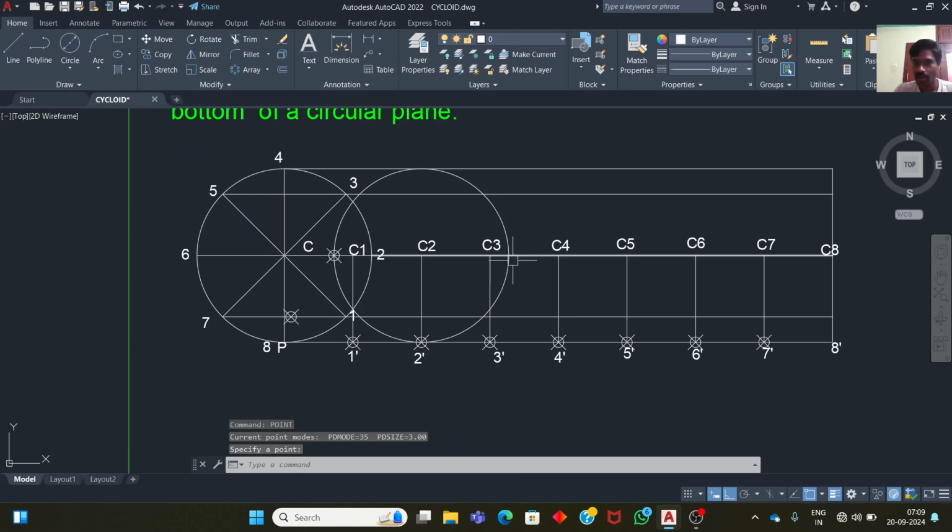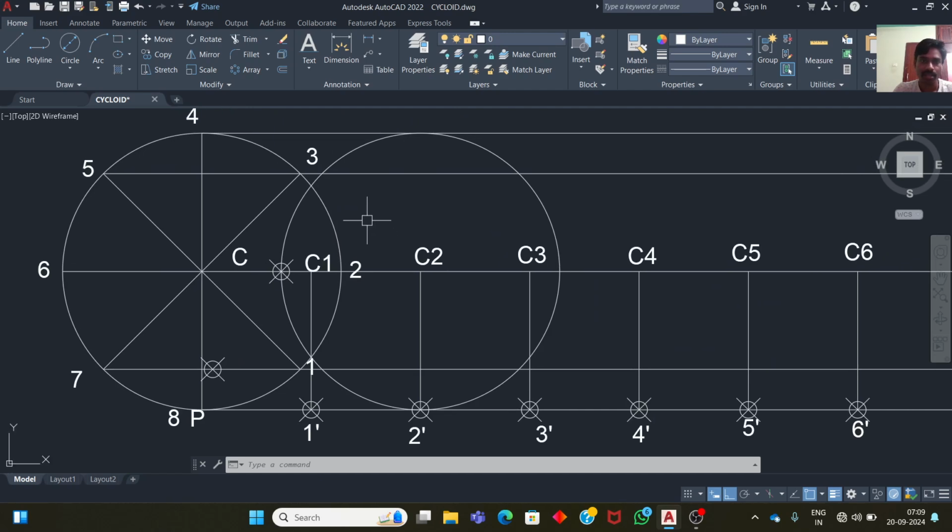In a similar manner, we have to take all eight centers along this line. We have to mark the points up to 8 points, and by joining these points, we will get a cycloidal curve. Okay, we have to follow a similar procedure up to 8 points. So next,